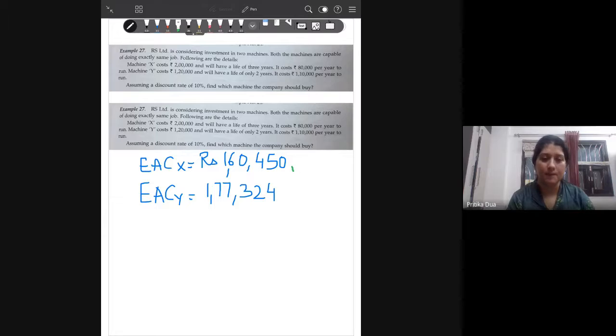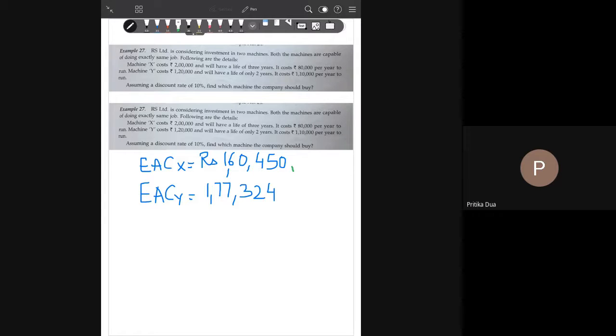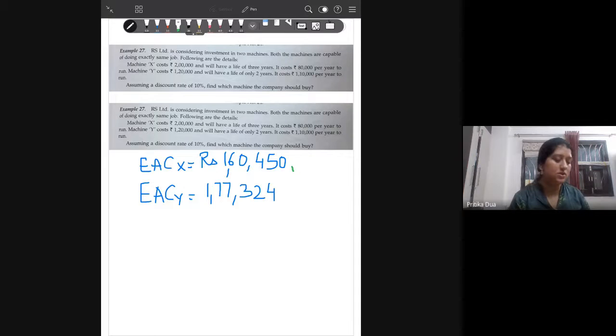So there, I think the table values which you have used differ, but the overall conclusion is the same. So I hope this is now clear as to how we make the selection of the project when we have unequal lives. Okay, you people can check the values more carefully. Deepti, you check the values there because two of you are getting exactly the same values. So I'm writing this in brackets. You can check your table values and then make the required changes. So the verdict is the same.